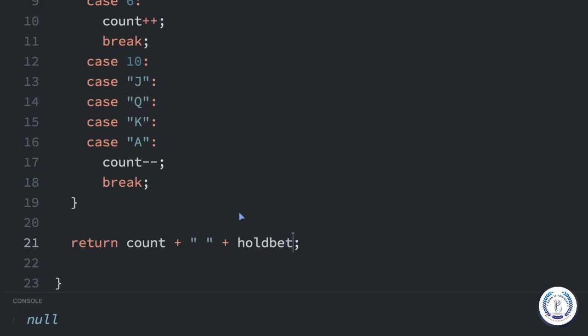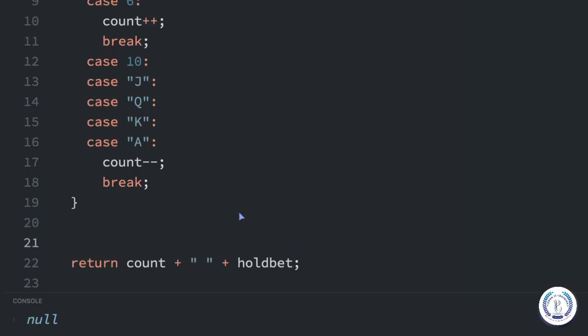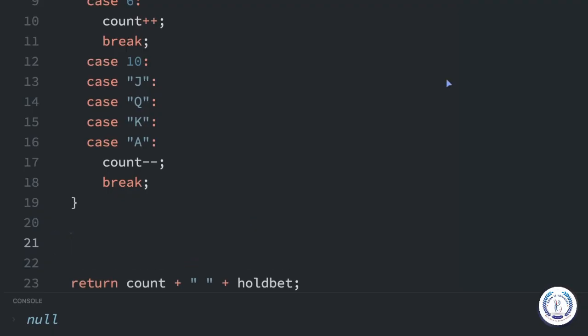Now this is a variable we haven't created yet. Normally this would be the perfect time to use the ternary operator, but we haven't learned that yet, and we're not going to learn that for a few more lessons, so I won't use that now. We are going to set what that hold bet value is. First, we'll create the hold bet variable